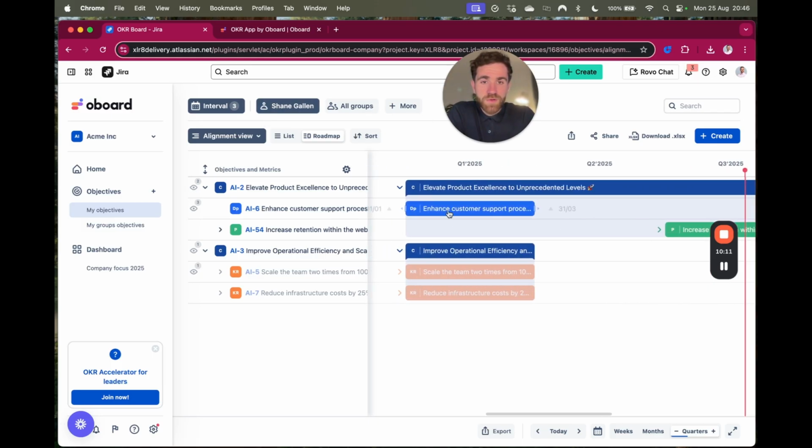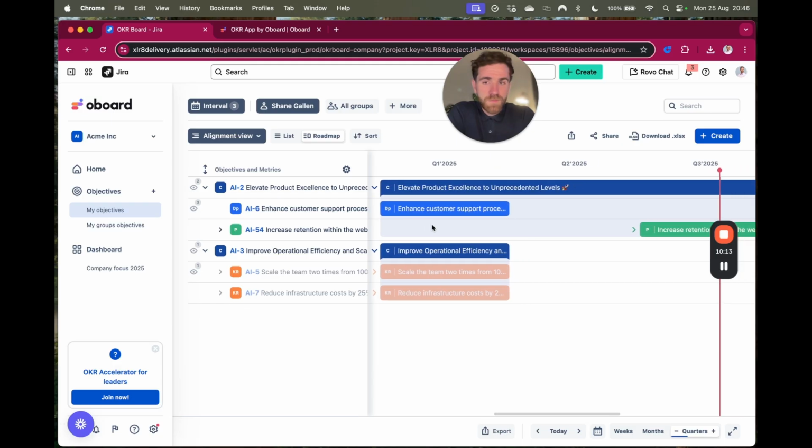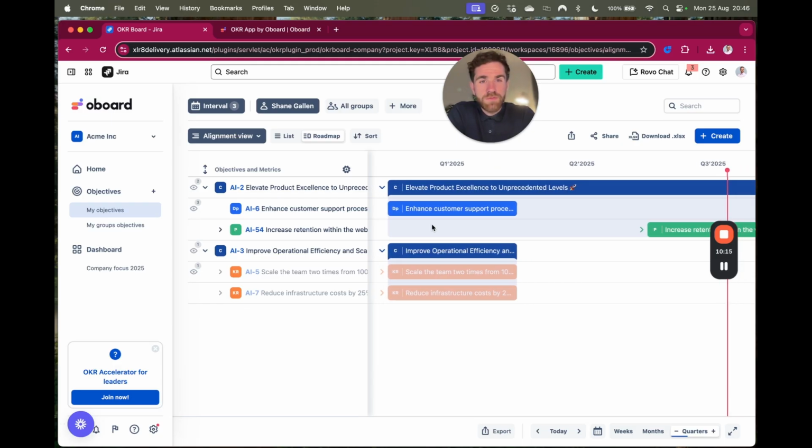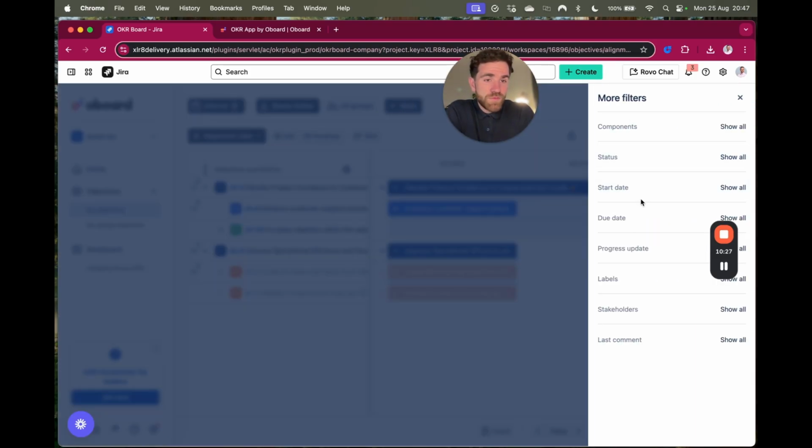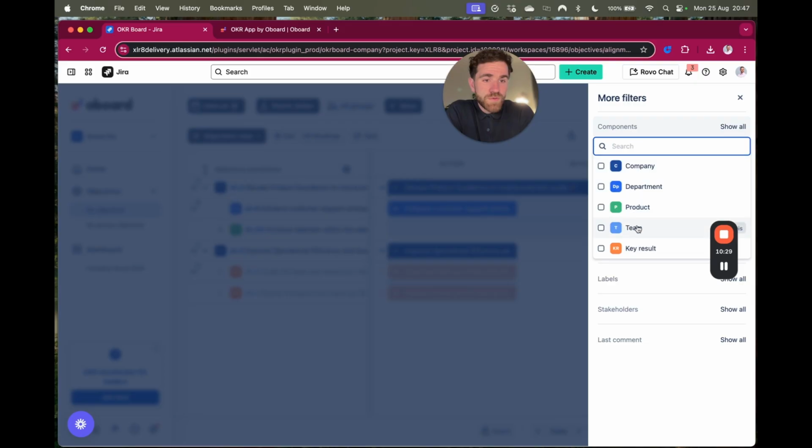Scroll back, so it might look something like this. And then this is a really nice way to have a conversation about these are the outcomes that we're delivering, and not just all these features and epics and stuff like that. Now, if I do want to have that type of view, I can filter this roadmap down to show just